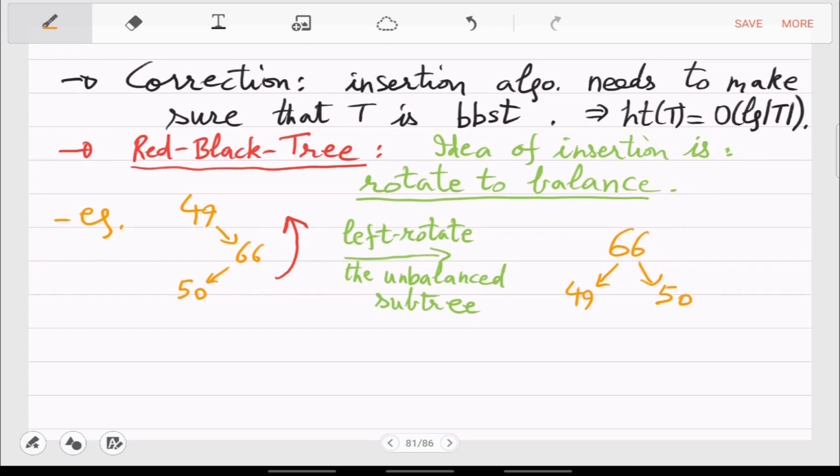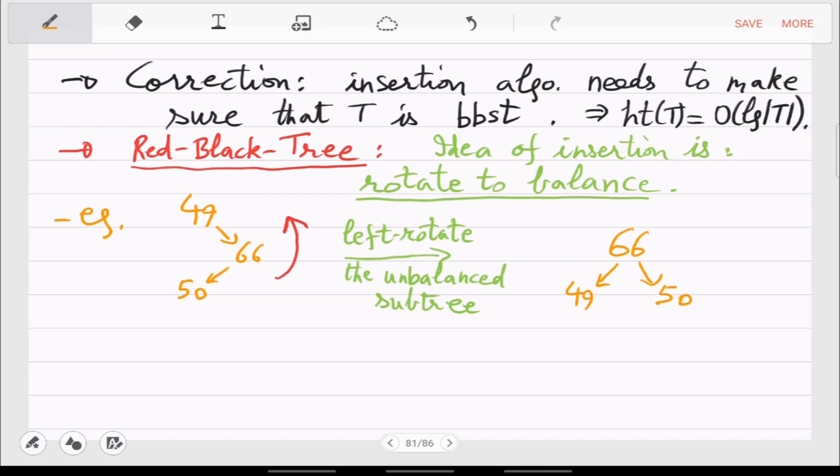So pictorially this is what you want to do. If you inserted 50, it made your tree unbalanced. In the direction in which it is unbalanced, you do the opposite rotation, and then you get a balance, a single rotation. Pictorially it is simple to see, but when written as pseudocode, it is massive. There are a number of cases, border cases, and things you have to do. So let me postpone that. We'll do it more systematically when we get time.